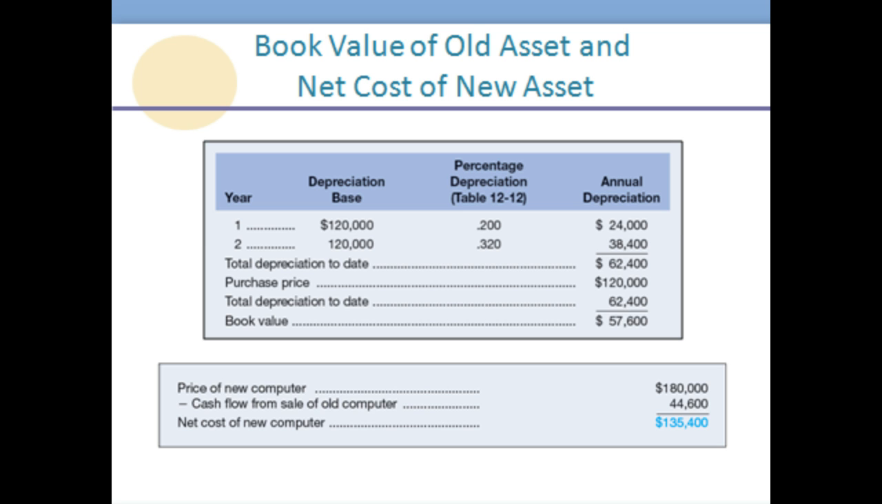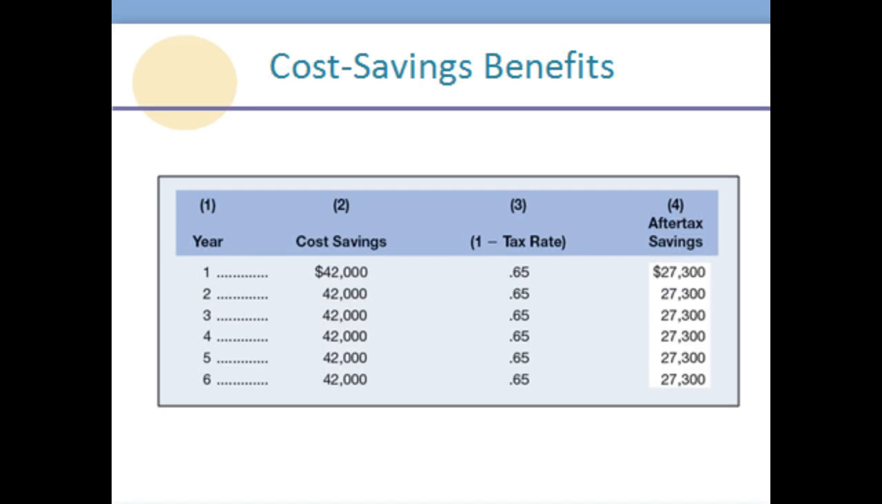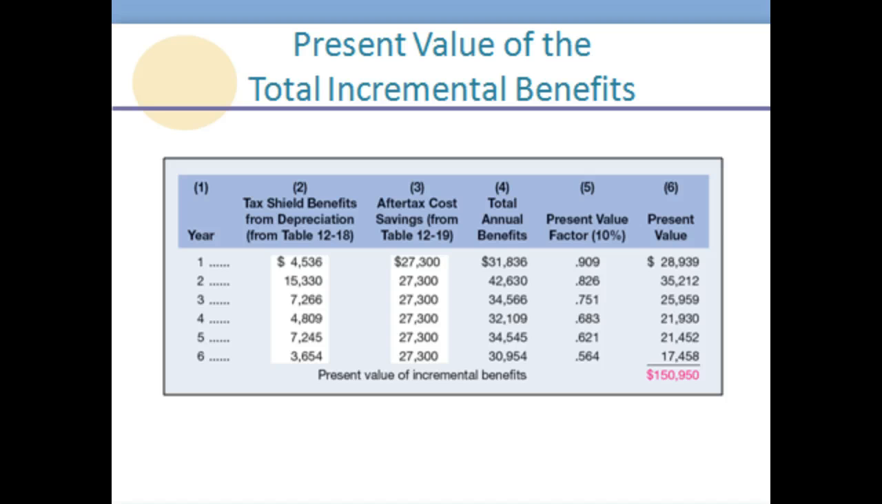This graphic shows you the book value of an old asset and the net cost of a new asset. Here we see incremental depreciation benefits based on cash flow analyses on the basis of incremental gain and depreciation, related tax shield benefits, and any cost savings. Here's an analysis of the cost savings benefits for your review. Here is a graphic depiction of the present value of the total incremental benefits,